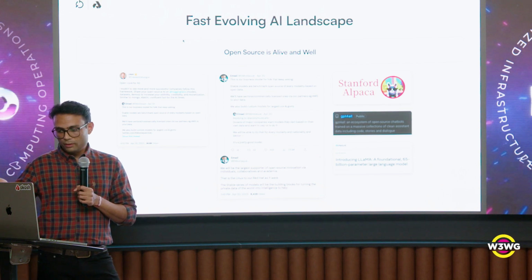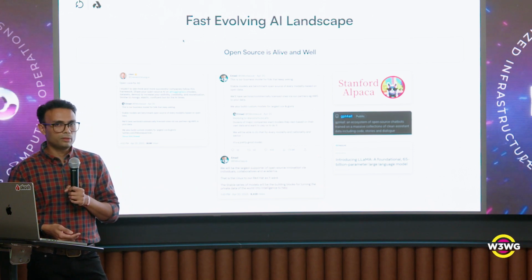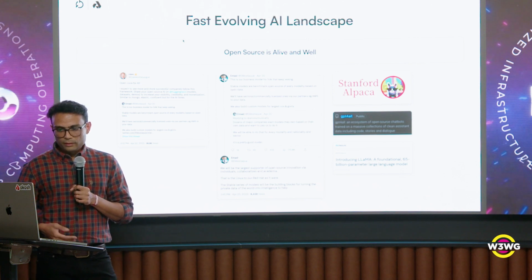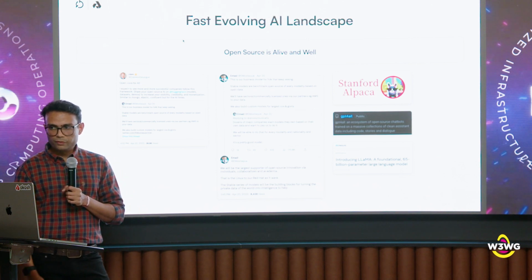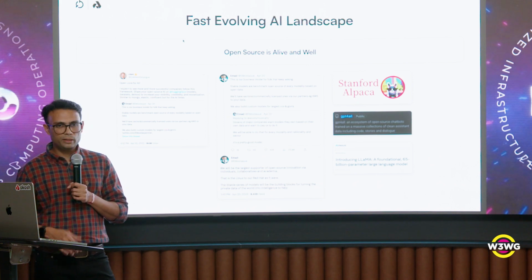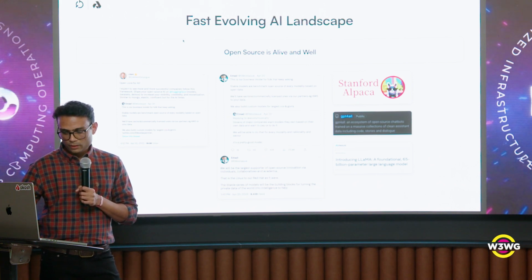And in fact, I've run it on Akash's CPUs, and there's a tweet I can point you to that shows you a demo of that. And then there are also tweets from the folks over at Hugging Face, as well as Stability AI, talking about how they're very focused on being open source.